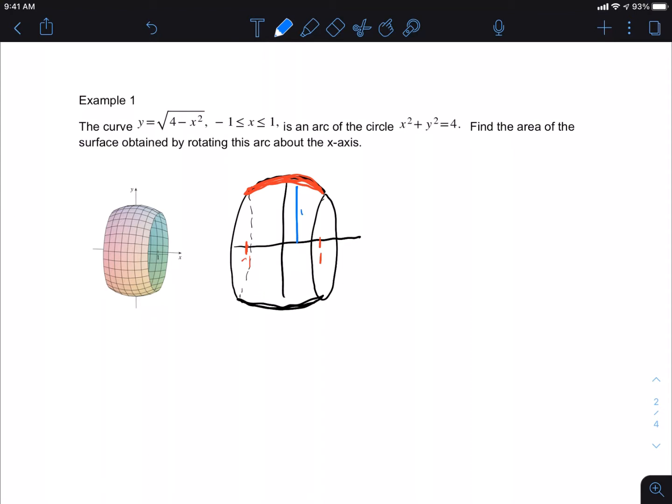So this would be a y, right? Okay, just making sure you guys are tracking with me. So then I know that the formula that I'm going to use is the surface area will be the integral of 2 pi y